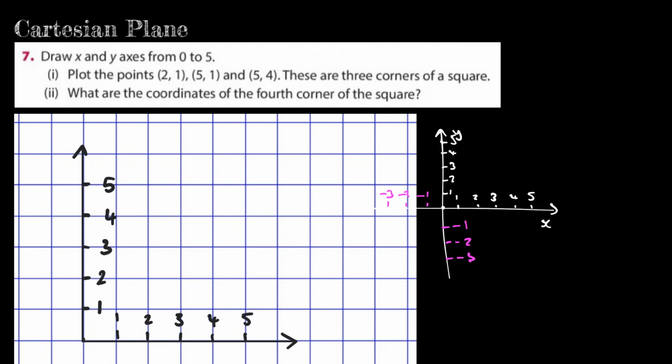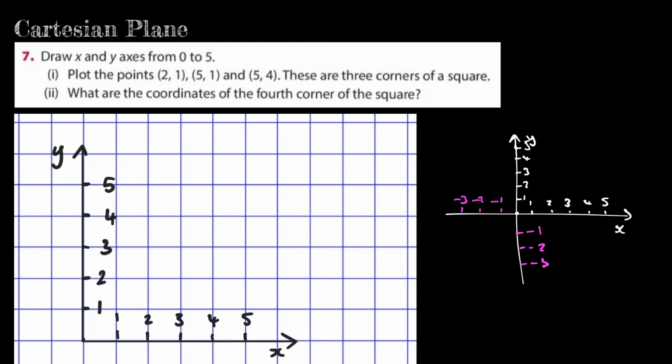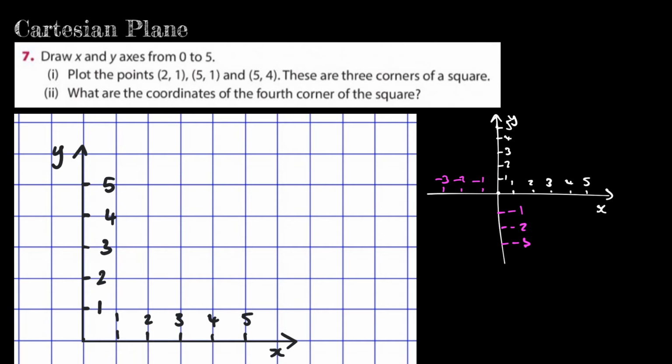Label your x-axis, label your y-axis. So we label the y pointing up the sky is obviously there. The x going across is obviously there. And then we need to fill in those points. Okay, so that sketch that we did earlier helped us to have an idea of what we're doing, but we're really focused on doing the actual one. So at this stage, you should have drawn the axis, the x-axis from 0 to 5, the y-axis from 0 to 5,